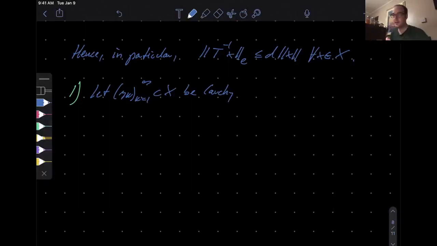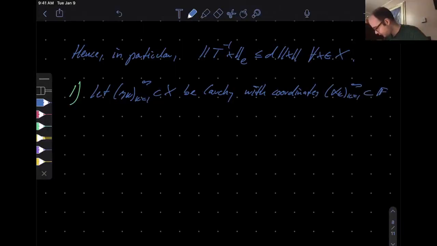Well, since these are vectors, each term of the sequence is a vector in a finite dimensional space. That means each term can be written in terms of the basis, right? So it has coordinates, being Cauchy, with coordinates alpha k. So this is a sequence in Fn. Each alpha k is an n-dimensional vector,